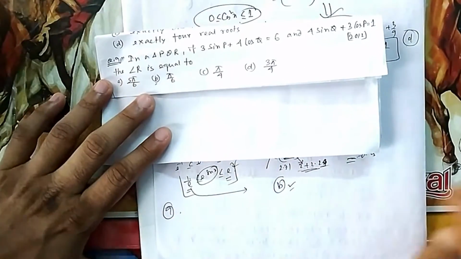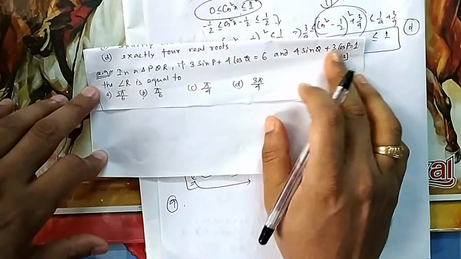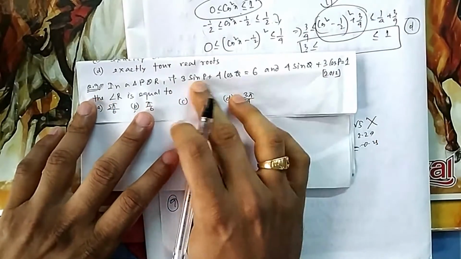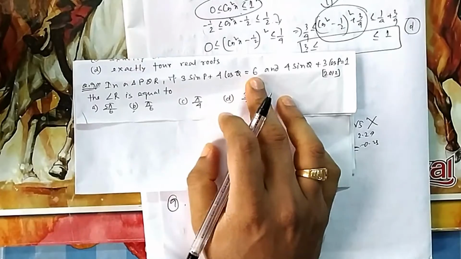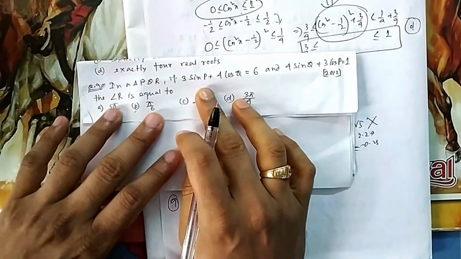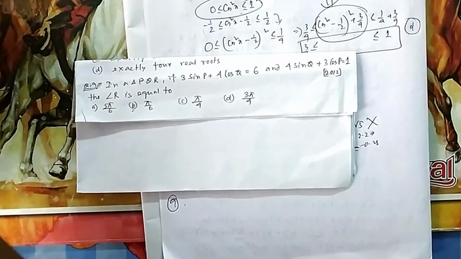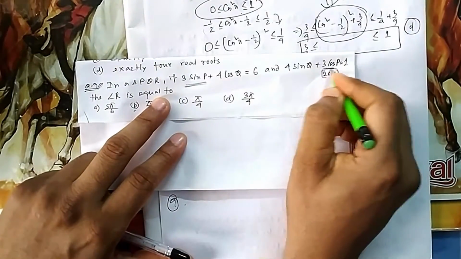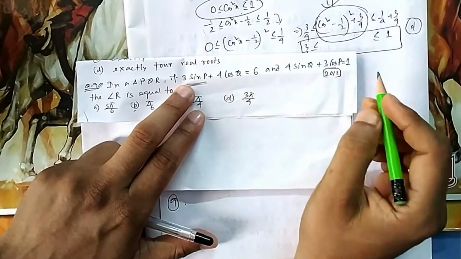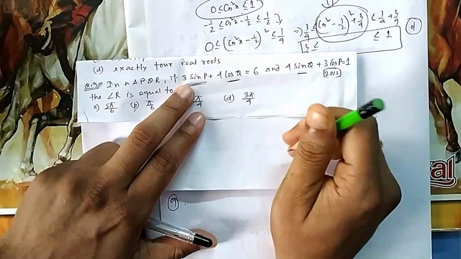Now if you go to question number 9: in the triangle PQR, 3 sin P plus 4 cos Q and 3 cos P plus 4 sin Q are given, then you need to find angle R. When you see a sin x plus b cos x, there will be a temptation of dividing by under root a square plus b square. But here this is P, this is also P, but both are 3. So if you square and add, then this P will be gone. Similarly here also, if you square and add, then this Q will go.